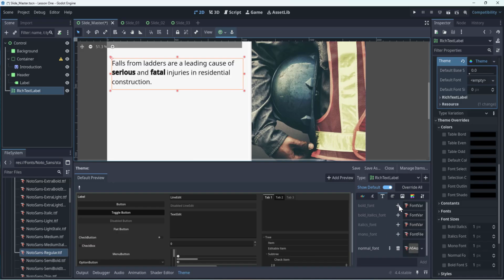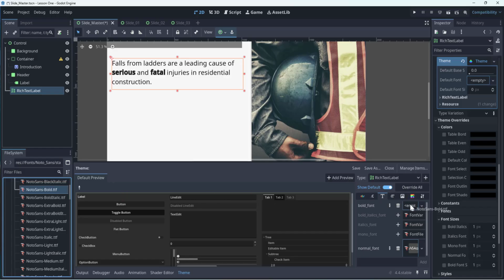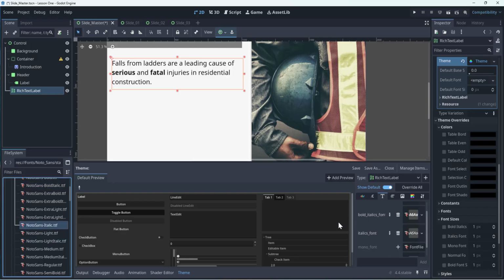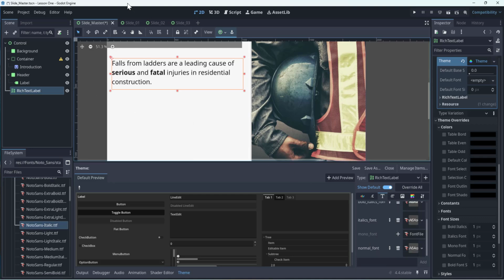We also have a bold font, so I'm going to click on the plus sign, and I'm going to put bold on there. And then the bold italics font, move that over. And you can keep doing them. I don't think I have anything in italics, but I'll add that in later on, just in case. And then we go there. So now we have the fonts we need for this file in here, and they should all update as well. All right, so